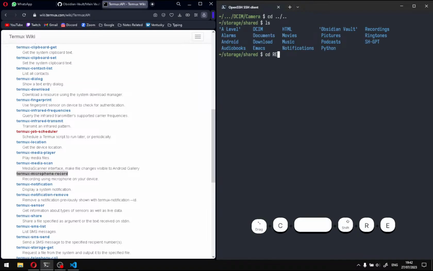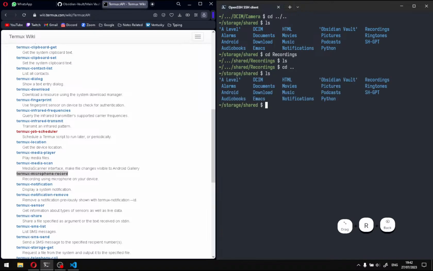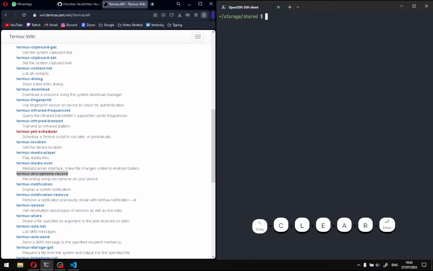cd recording. Can't type today. So I need to remove. Wait a minute. Yes. So am, ls. So now cd recording. Then we have nothing in here. Yes. So we could use termux